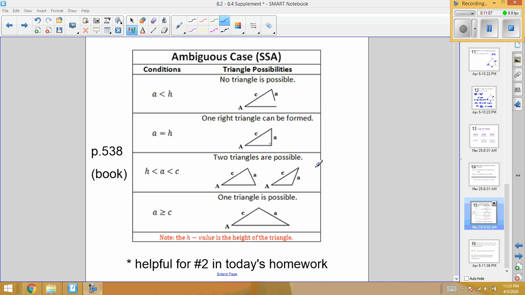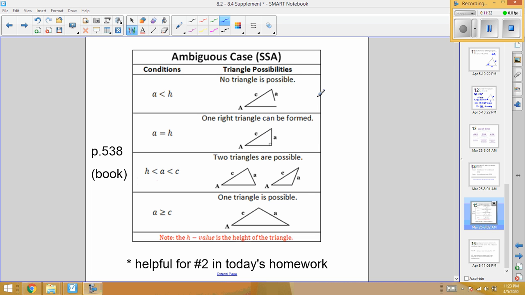And rather than introspection, which is kind of what we've been doing on the last few examples, what it does is it compares it to the height. And that's another way that you can determine how many triangles there are. You can use this for number 1 if you want, but I would recommend that if you've been doing those the way that I taught in the lesson last week, I would just do number 1 like I just got done showing you. But this chart might be really helpful for you in number 2